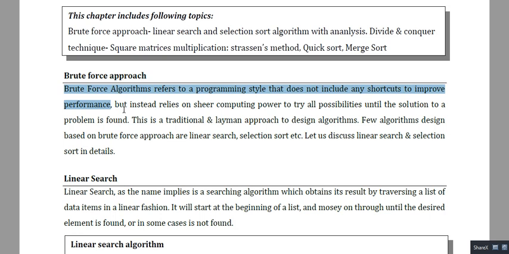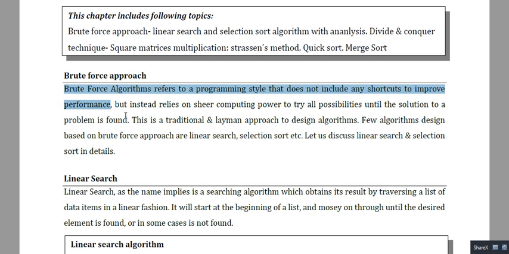But it is also important to learn this approach, because unless we learn it, we cannot compare the time complexity of algorithms when we apply other kinds of algorithms like divide and conquer, dynamic programming, greedy approach, etc. So simply remember, in the case of brute force, we just rely upon the hardware computation power of a computer system. We do not rely upon any kind of shortcut technique or strategy.